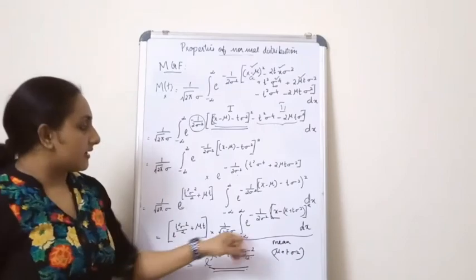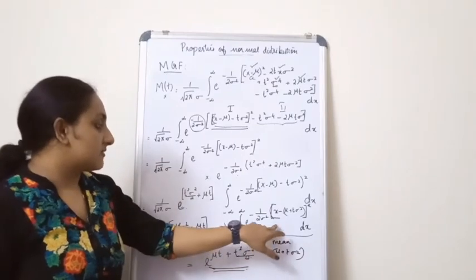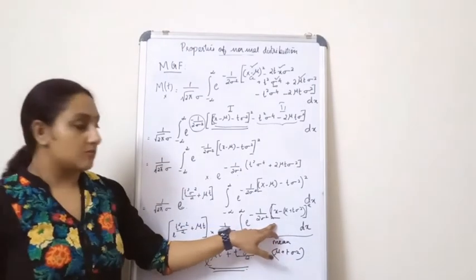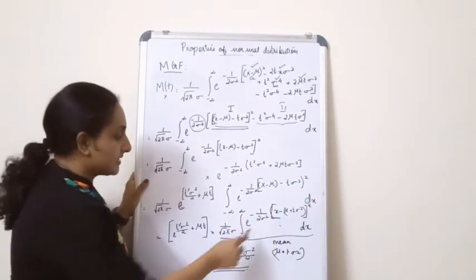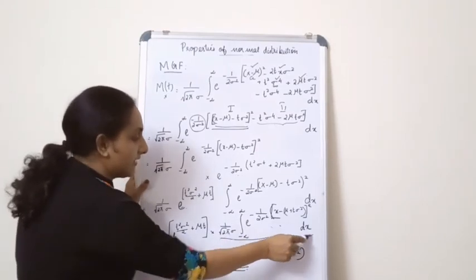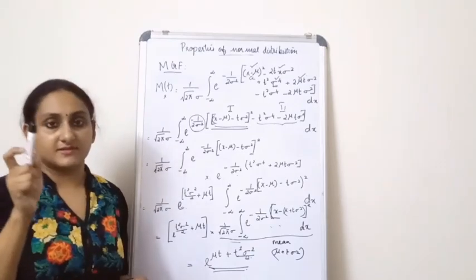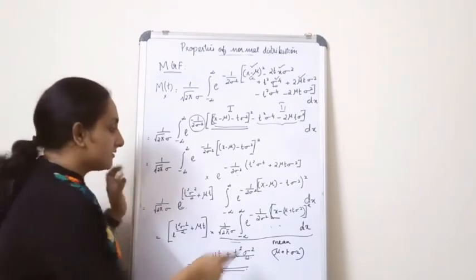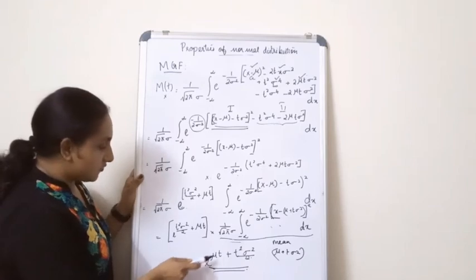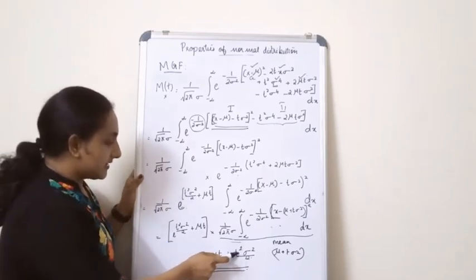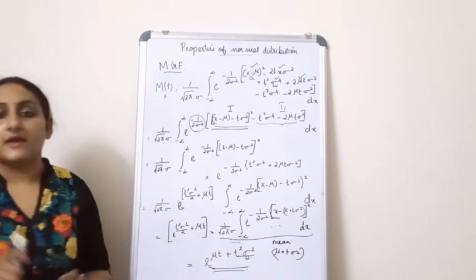So, again, since the mean is mu plus t sigma square, this is almost equivalent to your normal distribution's density function. When you integrate this value, you will get this term which I have underlined over here as 1. Okay, since you know that integral minus infinity to plus infinity f of x is what? 1. So this term you will get as 1. And finally, the remaining term is e raised to mu t plus t square sigma square divided by 2. Now, this is your MGF of the